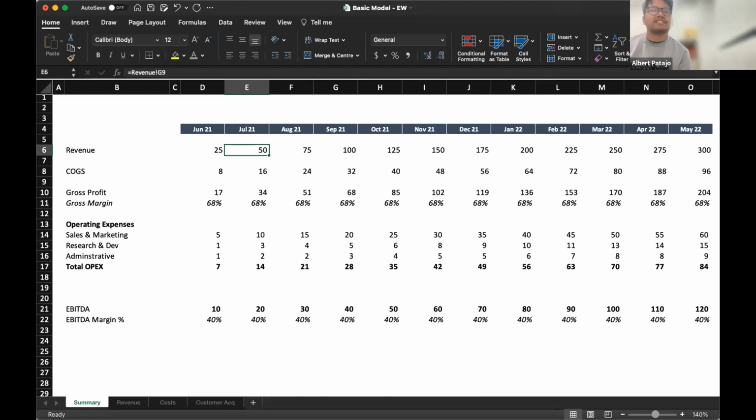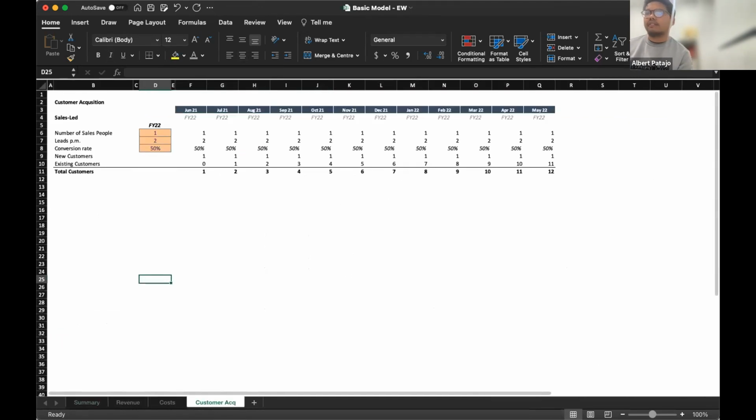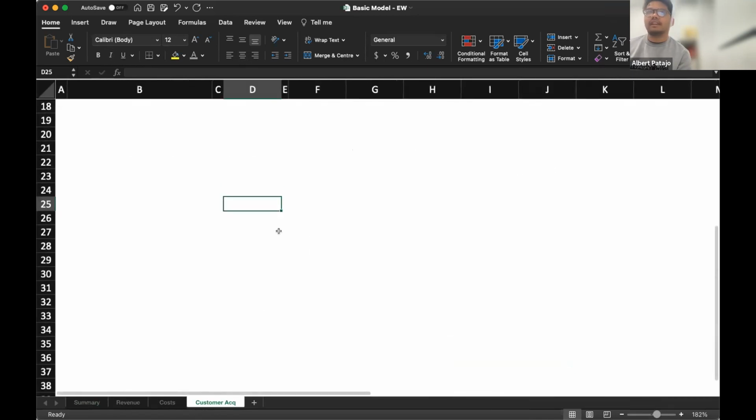Sweet. So in that driver tree I was showing before, one of the first things on the far right-hand side was looking at your customer funnel, and how you go from your lead generation all the way down to your customer acquisition. So here I've built out 3 tabs: revenue, cost, customer acquisition. And if I click on the customer acquisition tab, I've just built out a super simple funnel here that